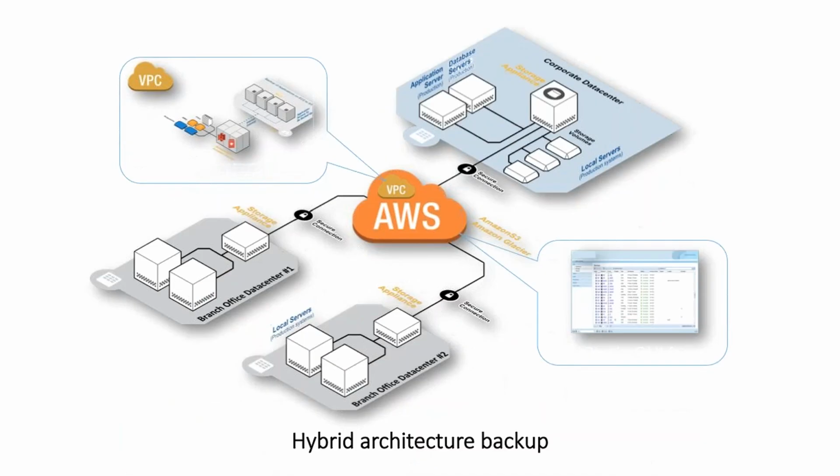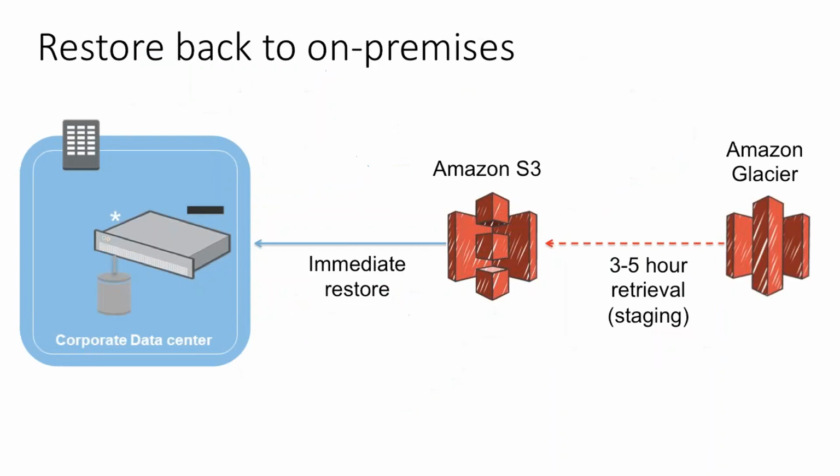So it's highly scalable, durable and reliable. Here's an example where you can have AWS in the middle, backing up multiple branch offices or your corporate data center, either over multiple storage appliances at each of those places. Okay, so once your data is then pushed up to S3 by your appliance, you may want to, for example,